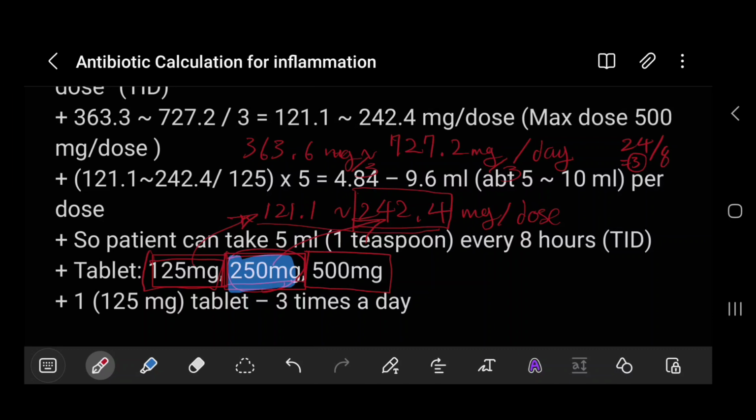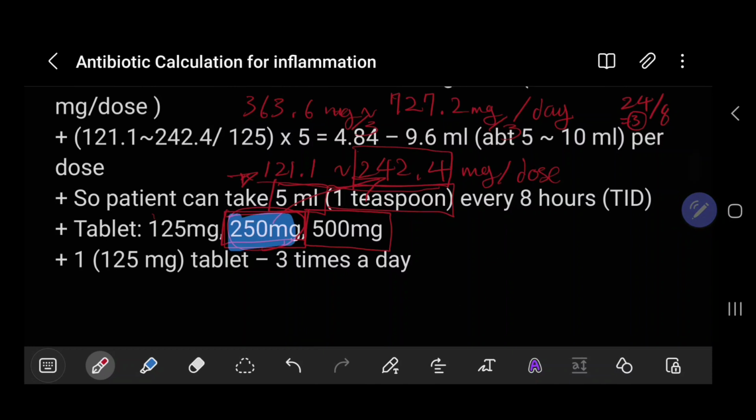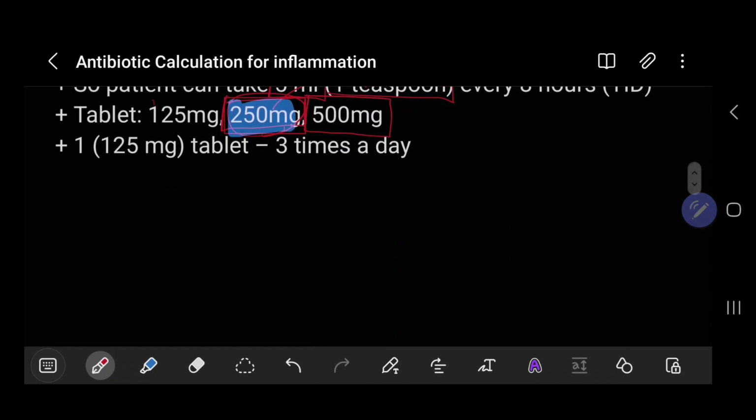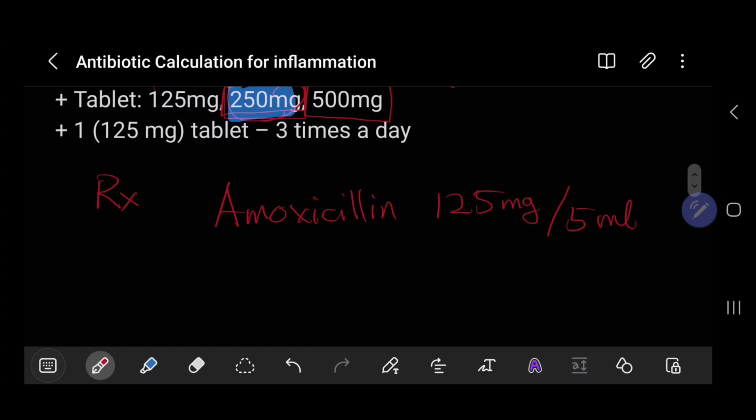So because if we dispense in 5 milliliter, which is 1 teaspoon, it is very easy to measure and give to the patient. 125 will be the choice of the drug. So we are going to write the prescription. So we are going to give amoxicillin 125 milligram per 5 milliliter, and this dispense,